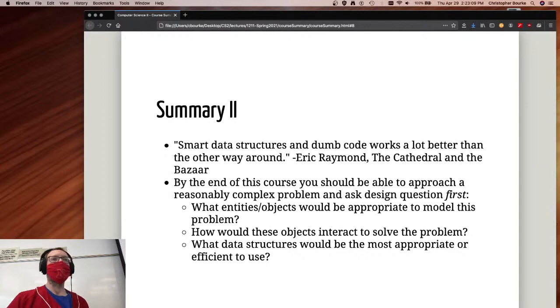And those are 2 different models that you can follow, and he talks about those 2 models and why the bazaar is actually better. Because more eyes on code is always a good thing. That's why I like you to work in pairs, right? That's why in labs, work with as many people as you want, right? More eyes on there's a statement, I forget how it goes, but with more eyes on the code, all bugs are transparent or something like that. That eventually, if you have enough people on a project looking at the same code base, all bugs will be fixed, right? And all issues will be addressed.